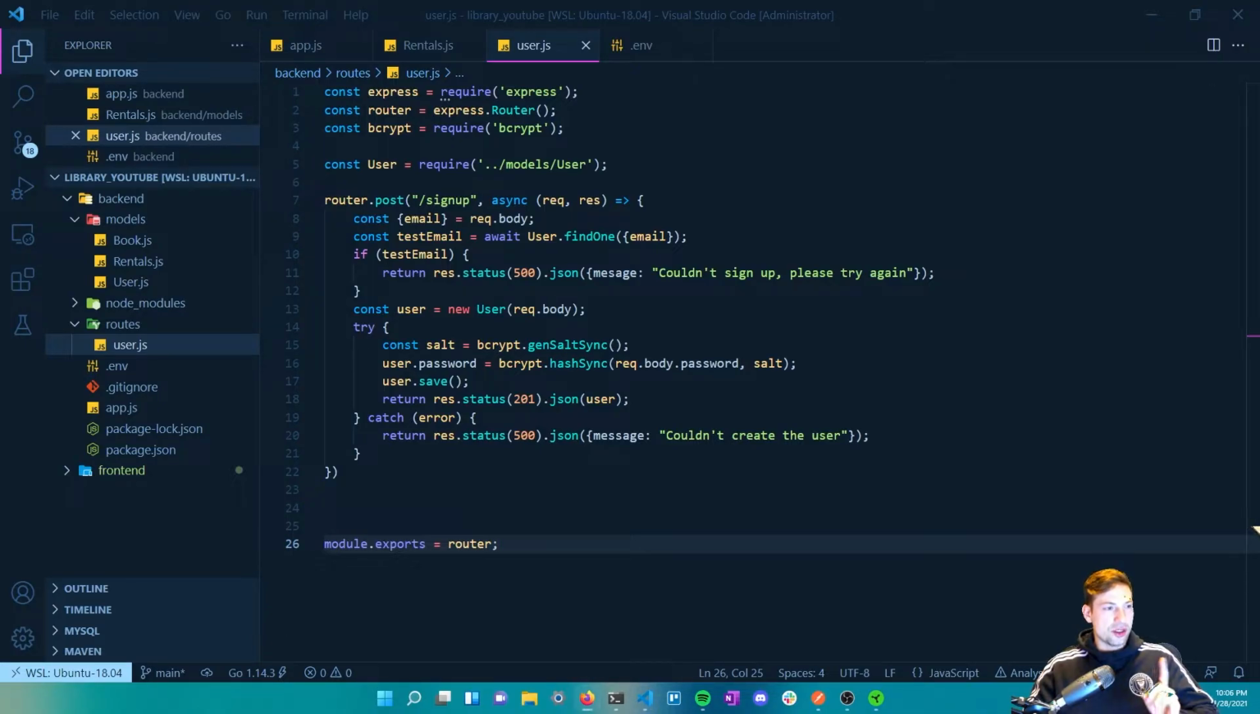I actually don't want to make the login yet. Trying to think. Yeah, I don't want to. Well, honestly, it's not that long, so we might as well just get it out of the way, and